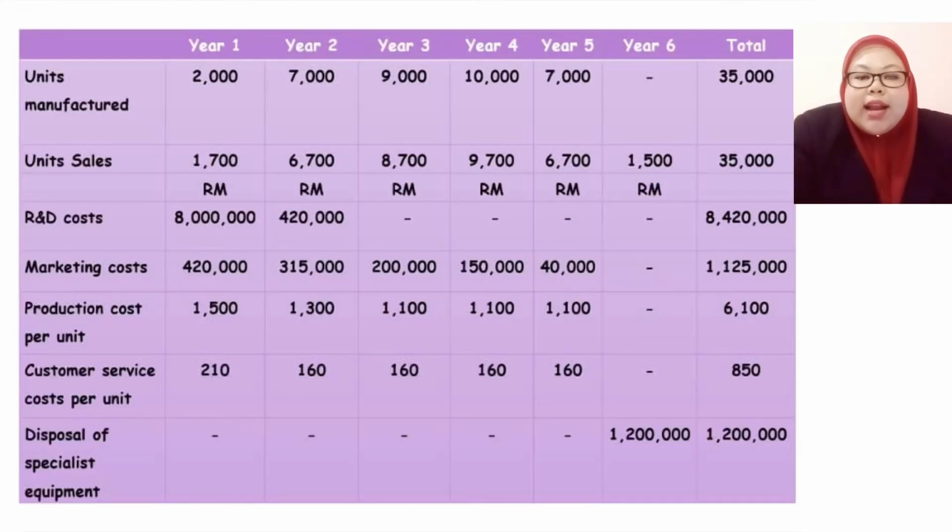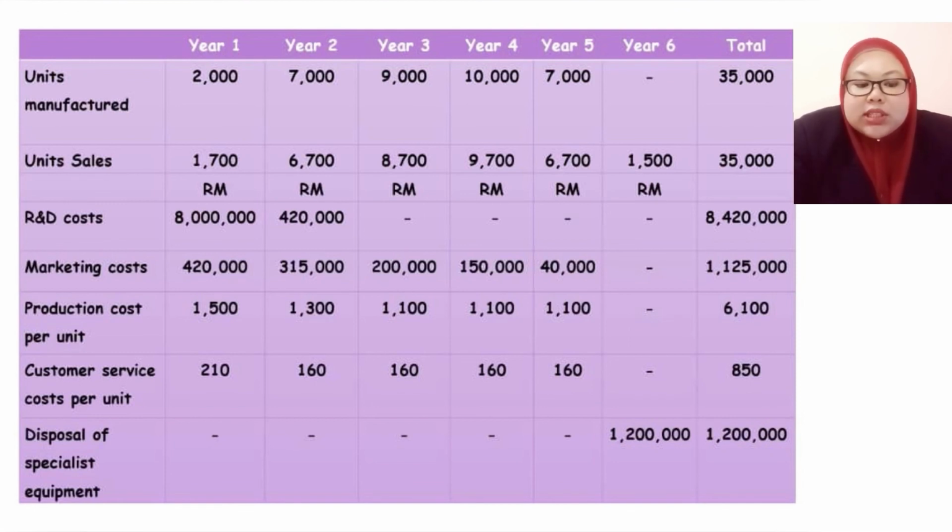All the costs that I have explained just now, we can see in this illustration, which shows the cost incurred in the production of smart TV from year 1 until year 6. Basically, this company has to produce 35,000 units of smart TV. So the cost incurred on research and development is amounting to